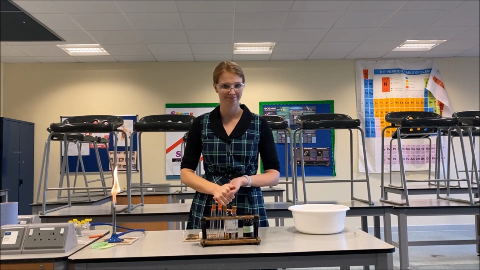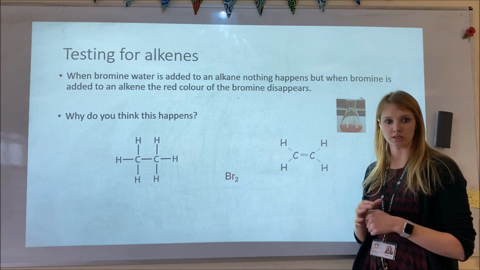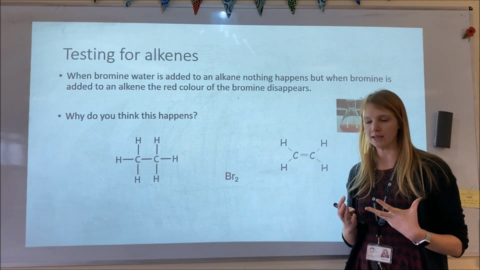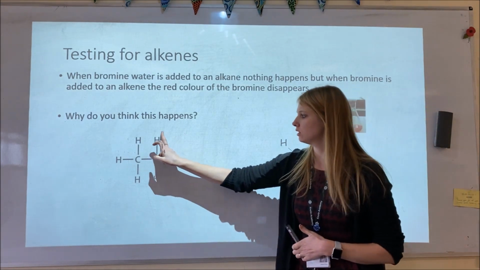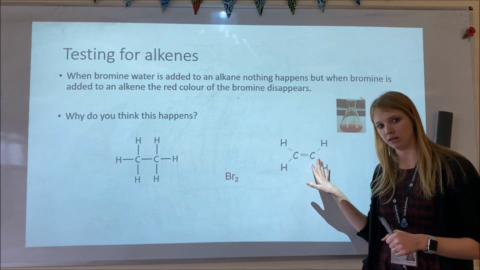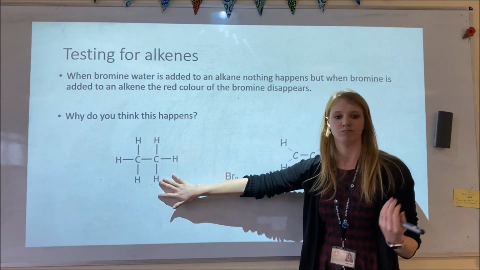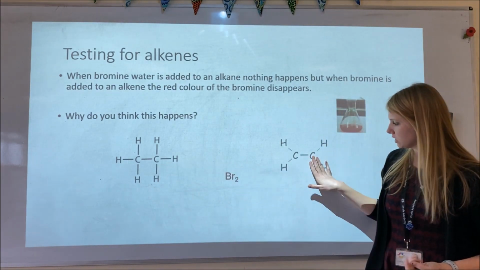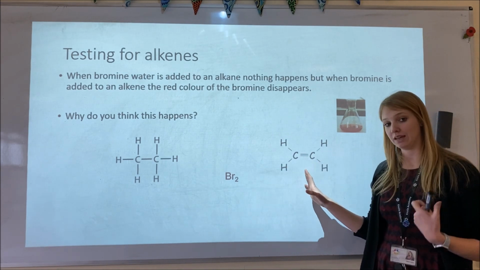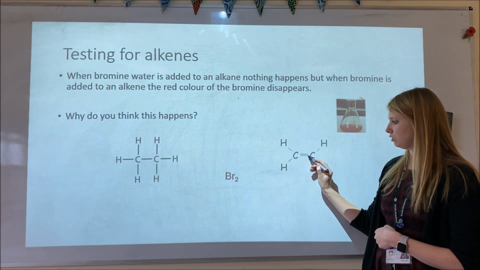So there we go. So you can see our alkenes were turning our bromine water colourless, but why does this happen? So this here is an alkane, this is ethane, and this is an alkene, this is ethene. Now if I was to mix bromine with this alkane, nothing would happen. But if I mix it with an alkene, this alkene has got things that it can do because of this double bond. This double bond can break,